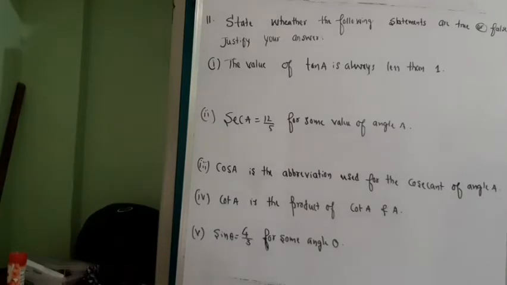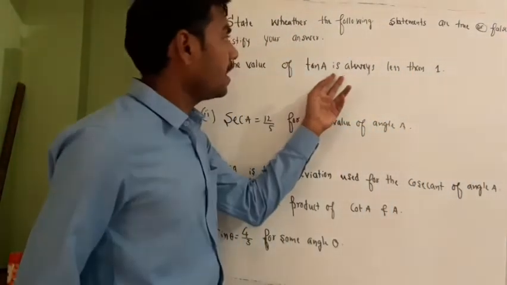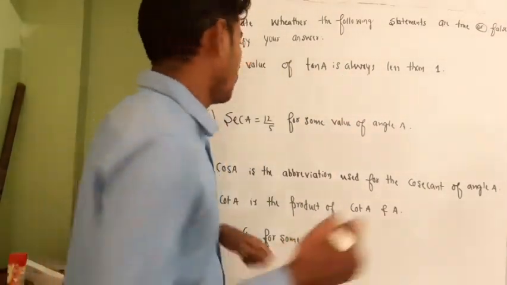11th question. State whether the following statements are true or false. Justify your answers. The value of tan A is always less than 1. So this is